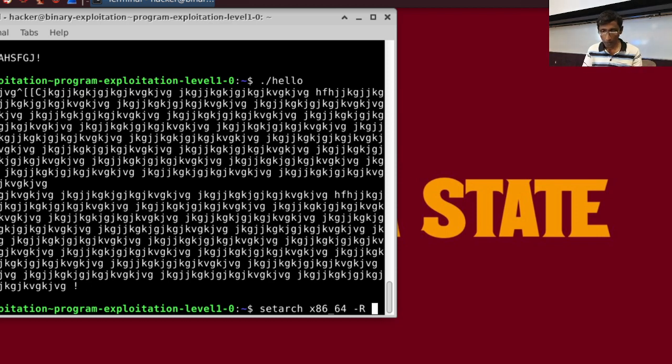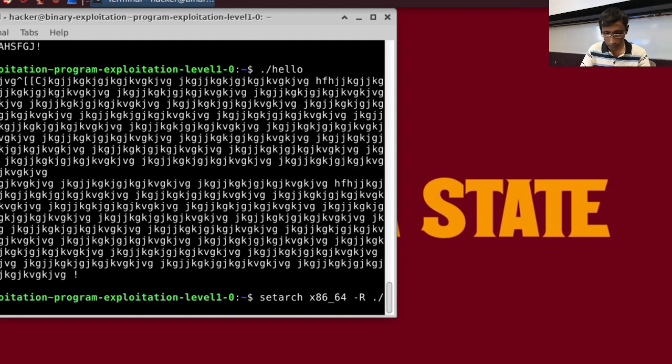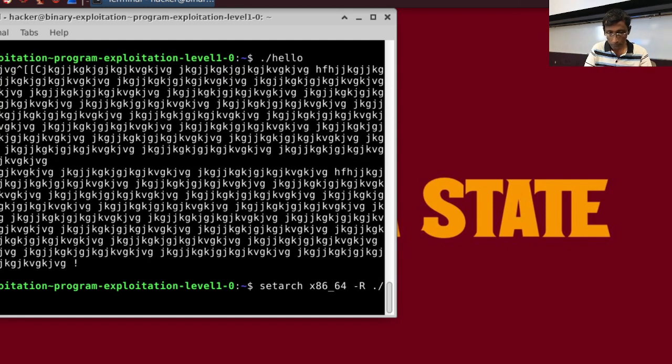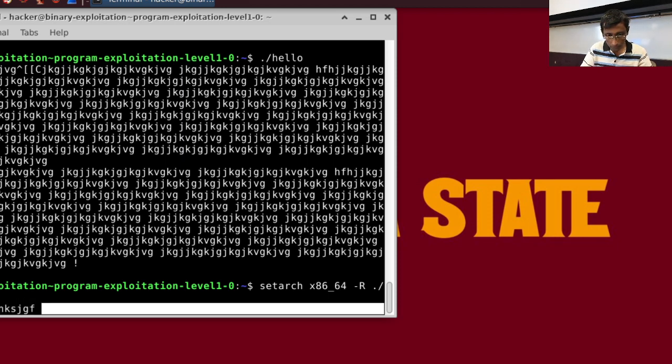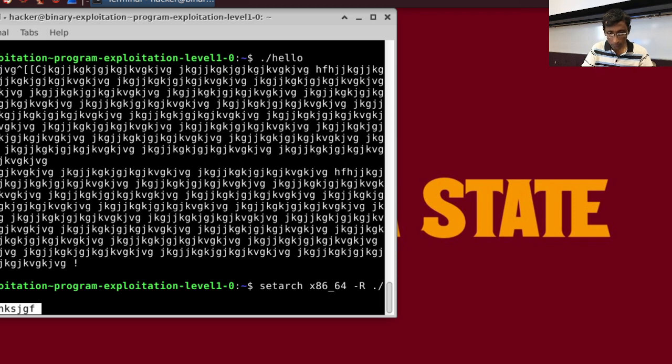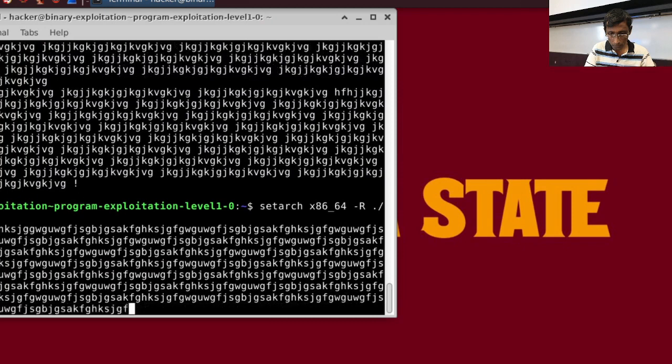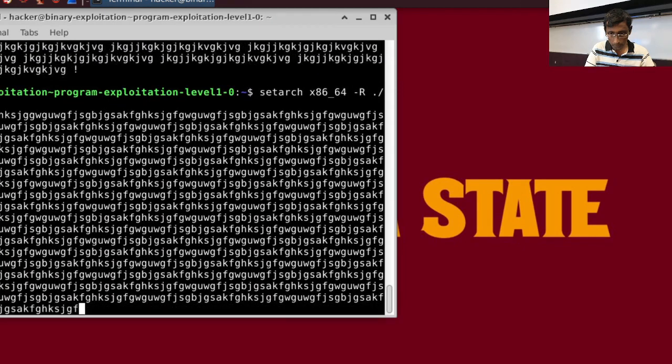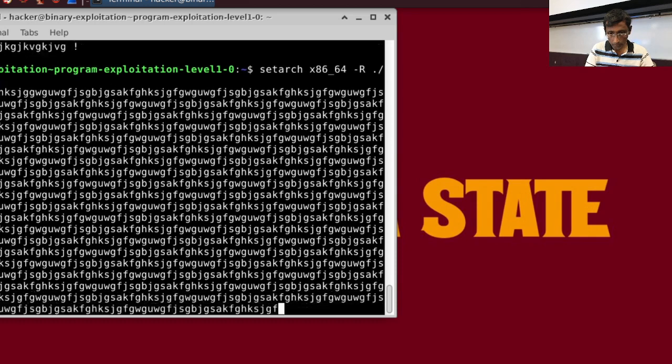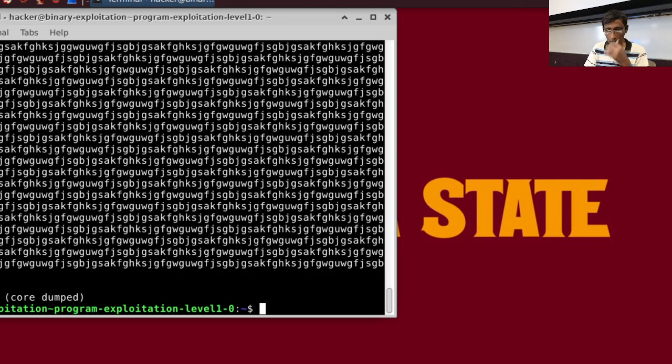And then if you run hello, the segmentation fault occurs. And if we get to know from the GDB,